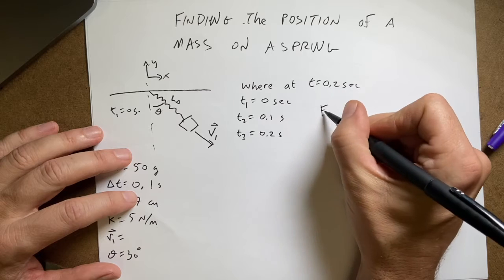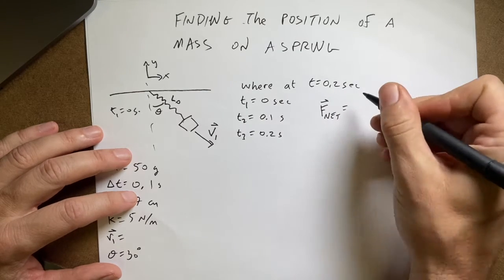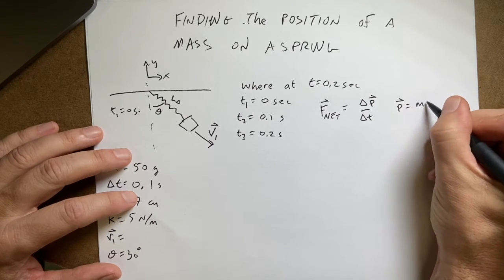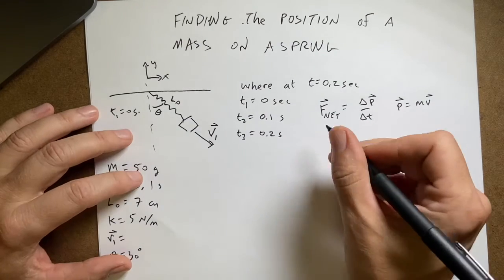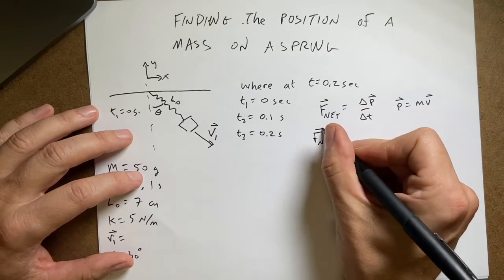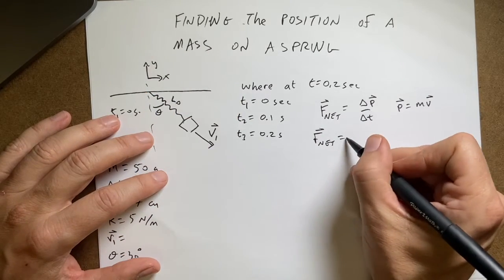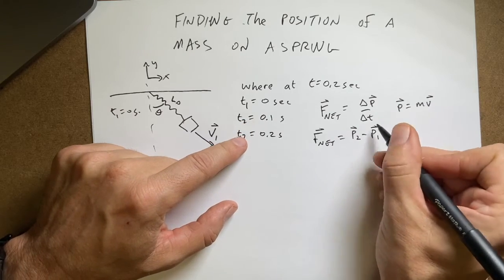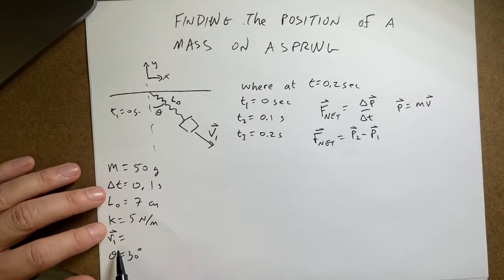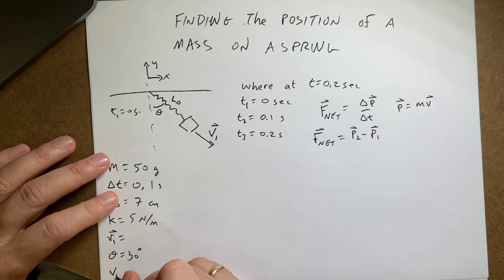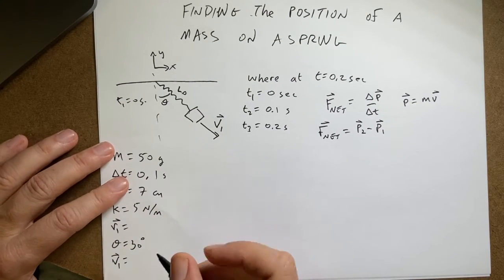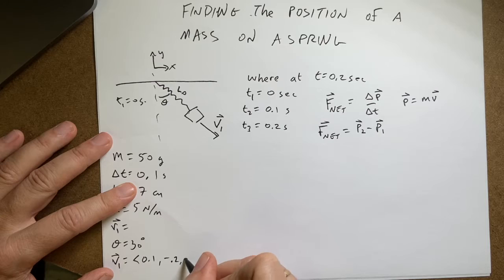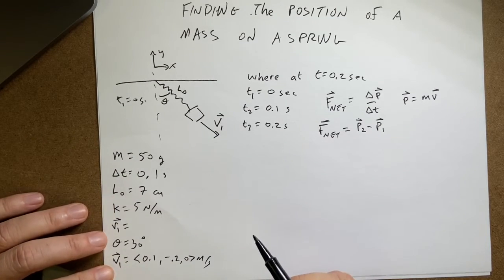So this says F net is the change in momentum over the change in time, where the momentum is going to be mass times velocity. So if I write this out, I can say F net, going from time 1 to time 2, is going to be P2, the momentum at time 2, which I don't know, minus P1, the momentum at time 1, which I can find out, right? I know, ooh, I didn't write down the velocity. V1 equals, I actually wrote this before, 0.1, negative 0.20 meters per second. But I do know V1, so I can calculate P1